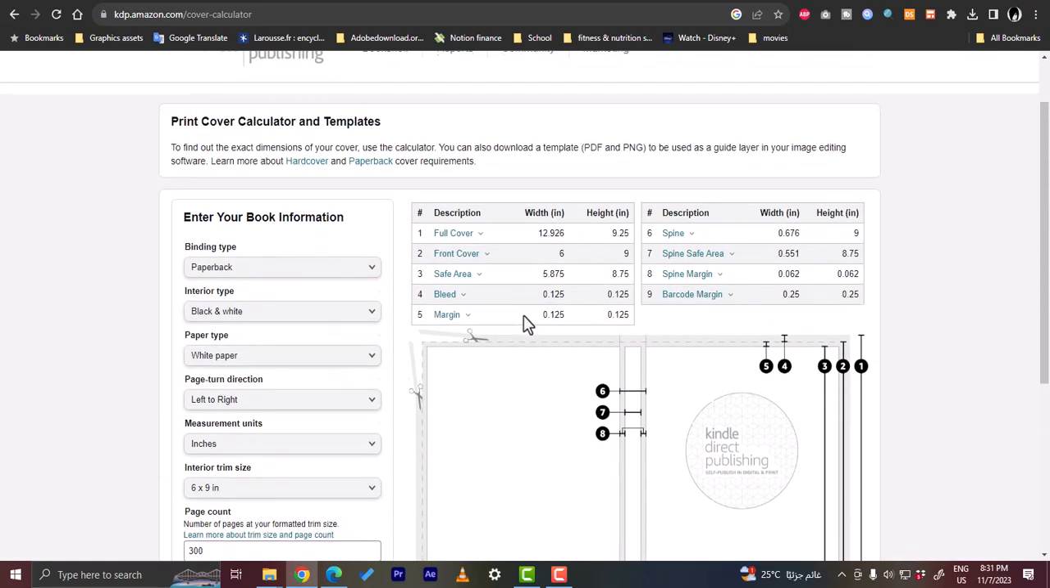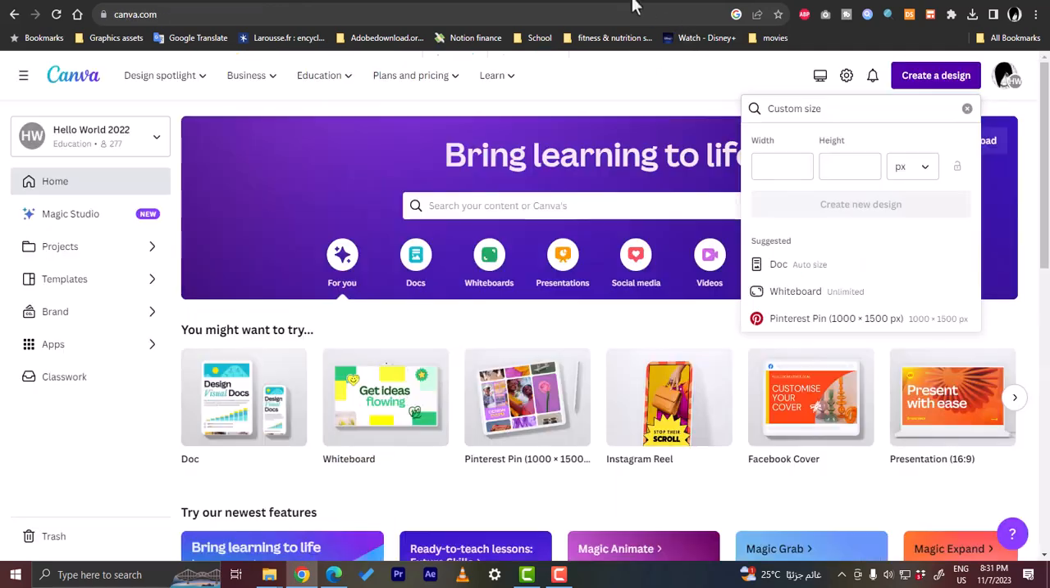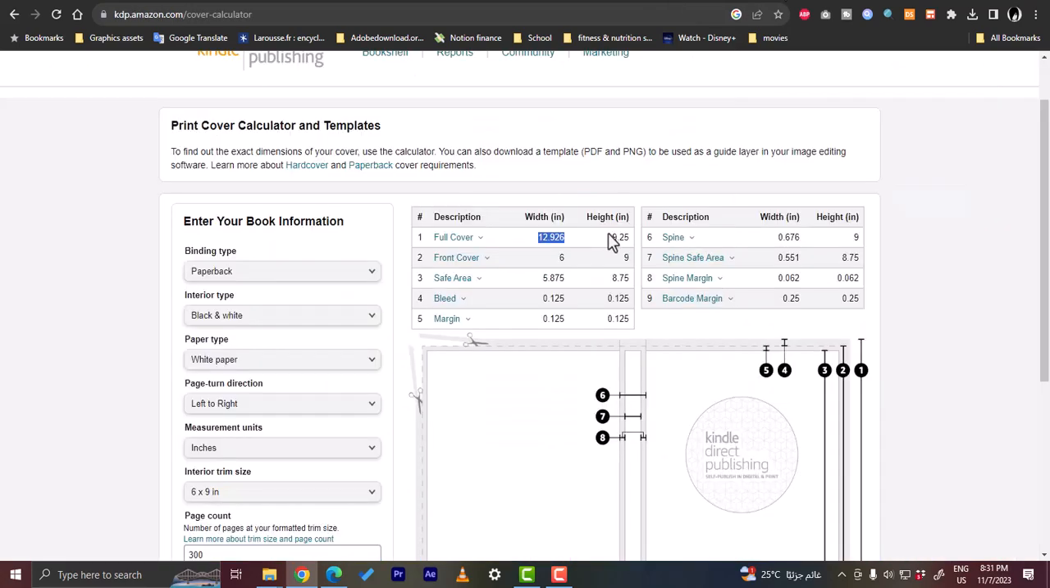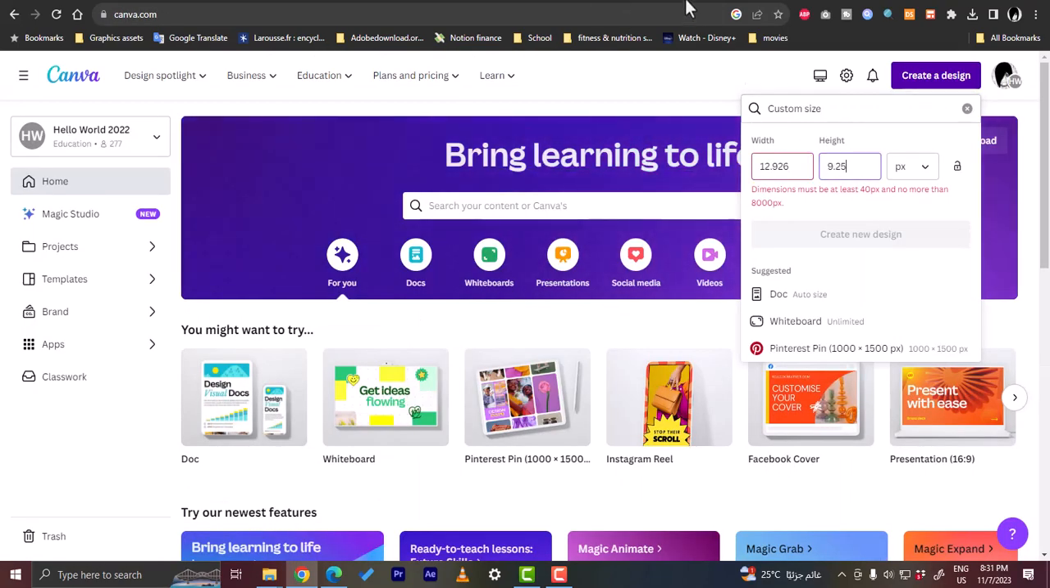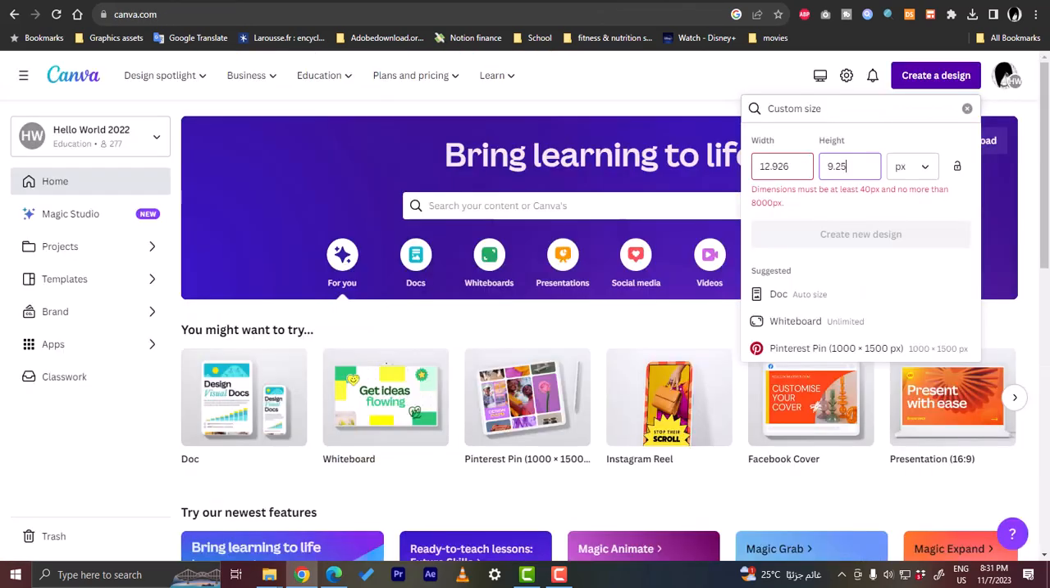It'll calculate your dimensions here, the dimensions for your book, the cover width and height. So let's copy these values, the width, copy it and paste it in the width here in Canva, and then copy the height value and then paste it in Canva. Now, don't worry about the other dimensions here, as we will take care of that in a moment. However, let's go to Canva and then select the unit as inches. Make sure it's